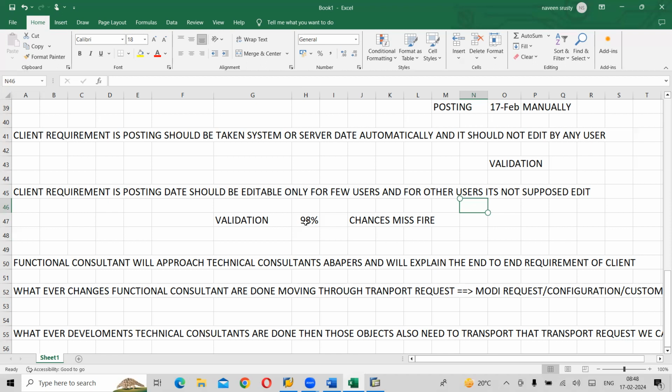Development to quality we can move. Within the quality also, again, I'll explain this. For example,